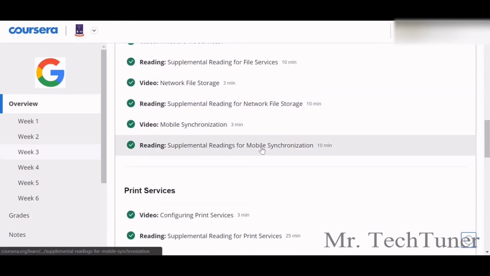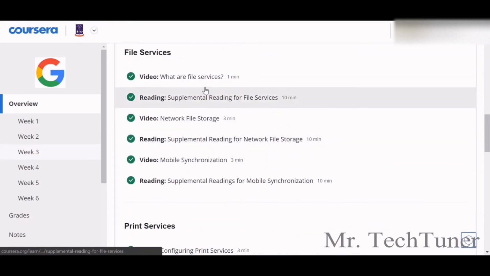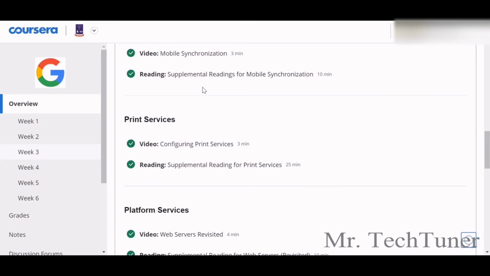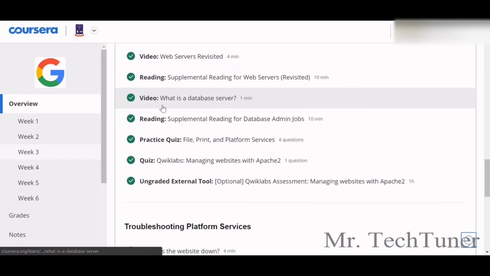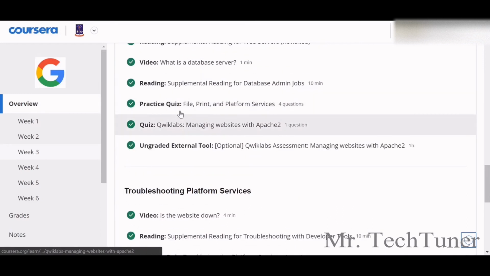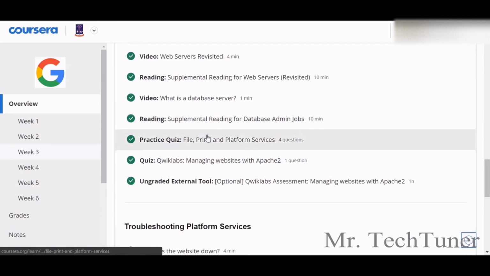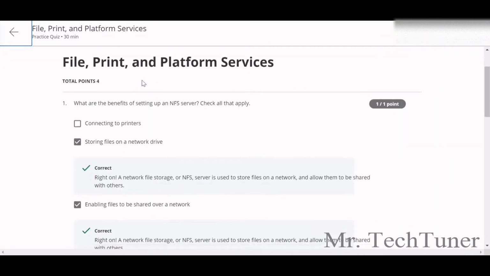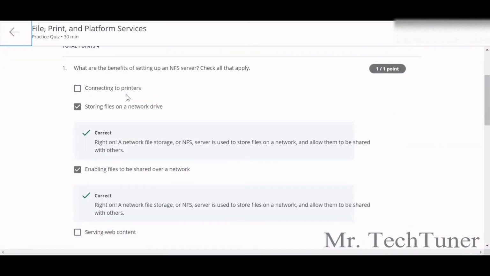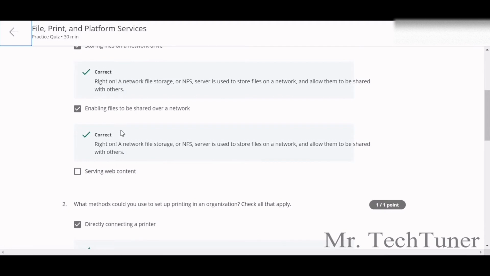So this is the file services, and they're basically focused on synchronization, and they also have some questions and lecture videos about the print services and platform services as well. So we're going to have the quiz among file, print, and platform services. The first question: what are the benefits of setting up an NFS server? It stores files on a network drive, and it also enables files to be shared over a